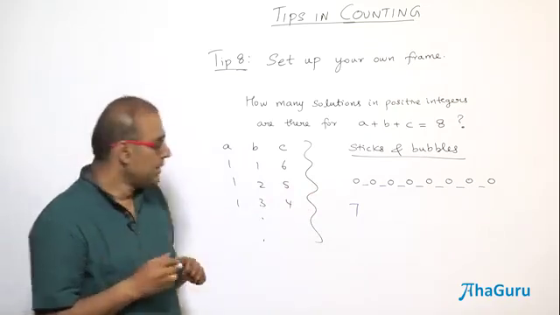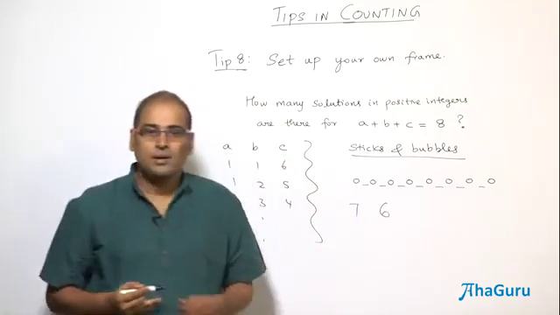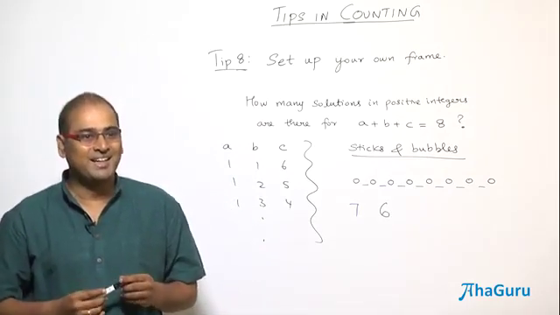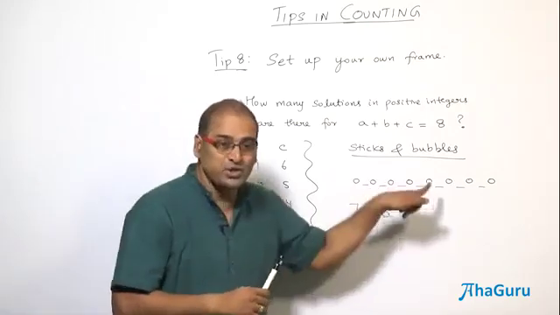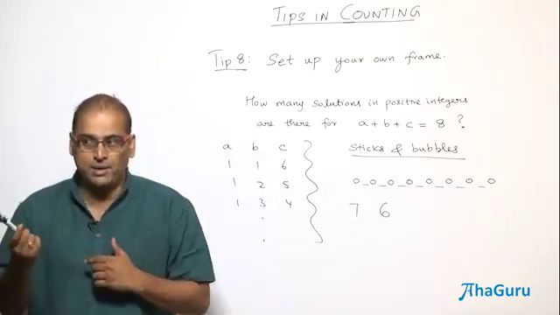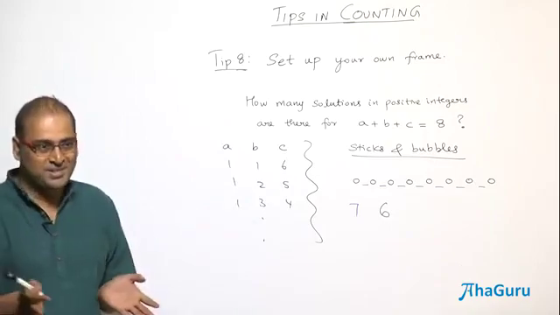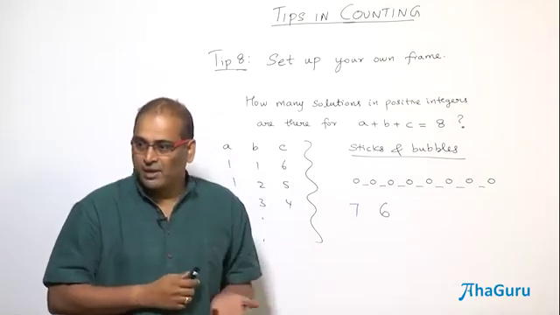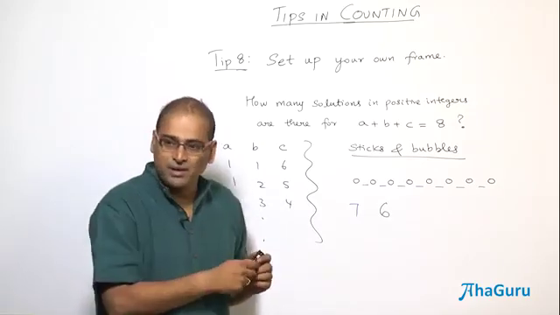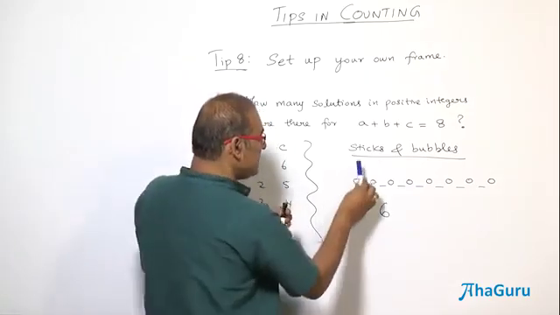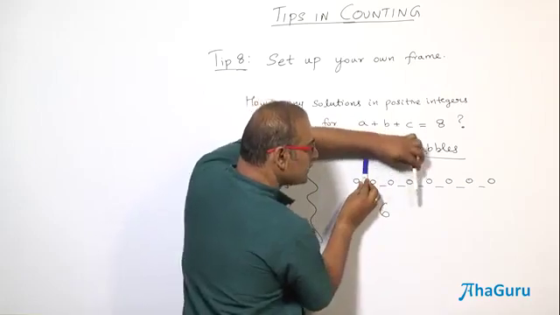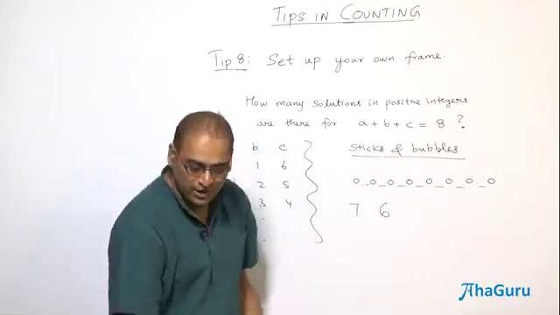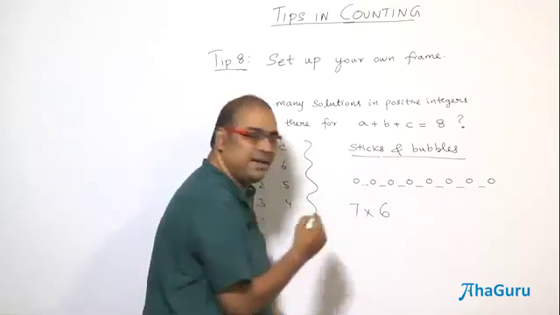Is that clear? So I have a 7 and a 6. Do I need to multiply or add? Why multiply? That is why all the tips are important. You understand now? It's a full composition. Every tip is important. So you get 7 and 6. We don't know whether to add or multiply. So for each of the 7, you get 6. For example, if I place this here, this has 6. If I place this here, this has 6. So I need to multiply.